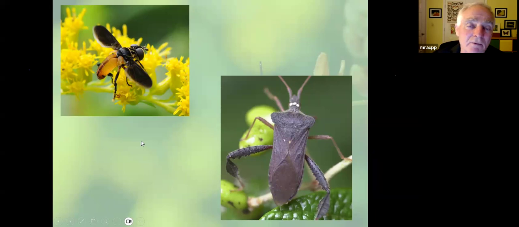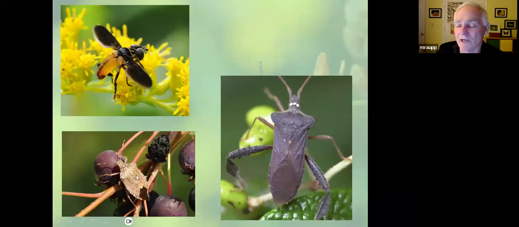Now, some of you may remember the years of about 2005 and 2006 when we were invaded by brown marmorated stink bugs. Remember all those stink bugs that used to come in your house about this time of year, the first day of autumn? Well, guess what? This fly, instead of attacking native pests, now attacks brown marmorated stink bugs and kills them, and is part of the reason we have fewer stink bugs now than we did 20 years ago when that pest first arrived.